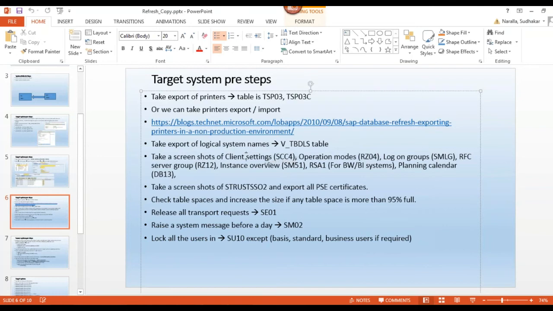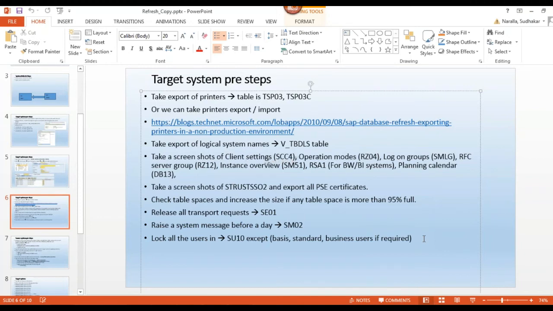Okay, why? Because what we are discussing is a general standard method of system refresh. In production environment, in real-time scenarios, every client will have some standard methods. You need to follow those standard methods. Whatever methods the client has provided, those methods only you need to follow.